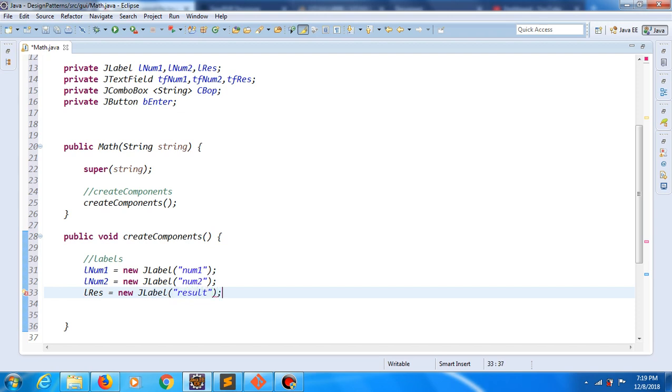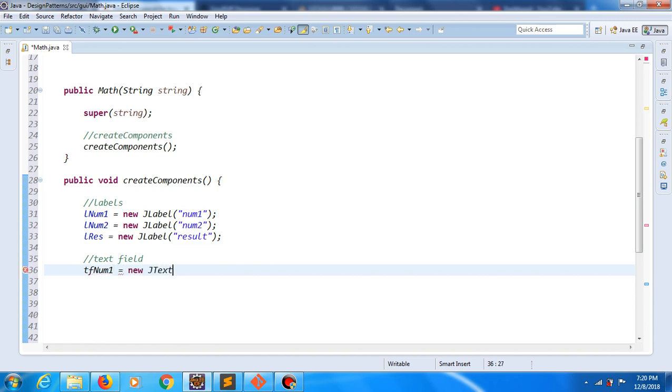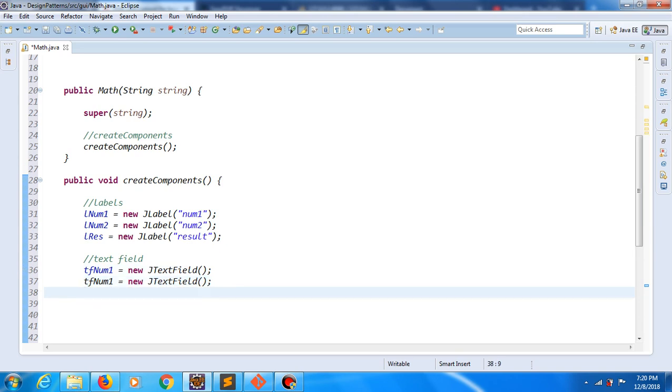Okay, now we have text fields, and we will say text field number 1 is new JTextField, and we will not proceed anything. Let me copy this, and here we have number 2,